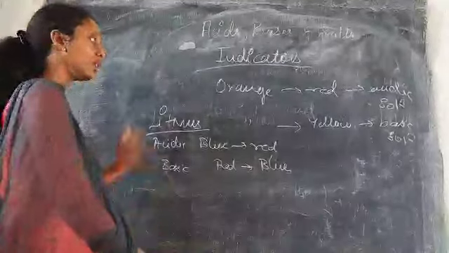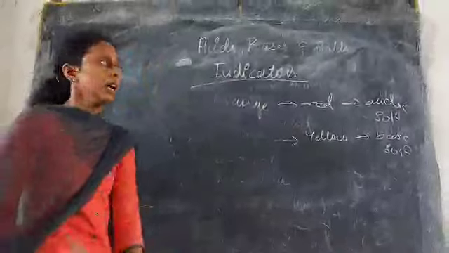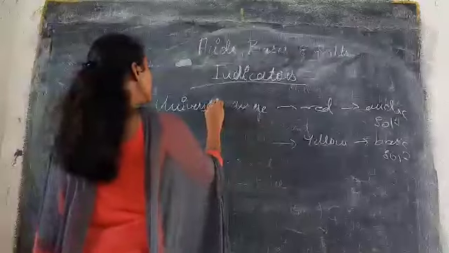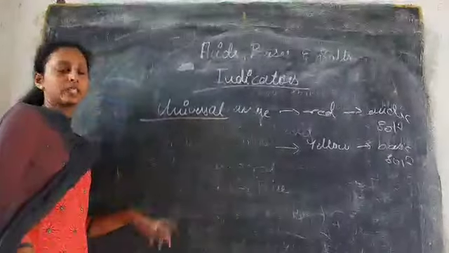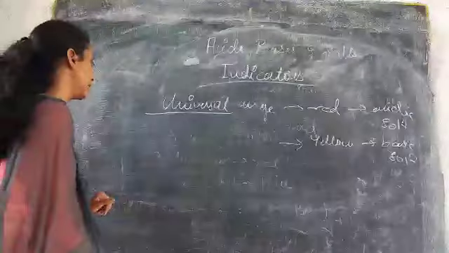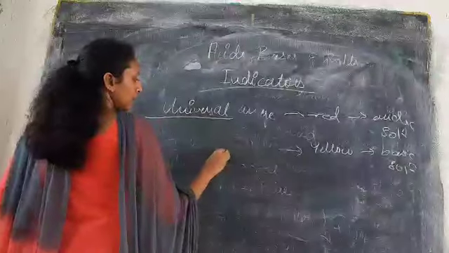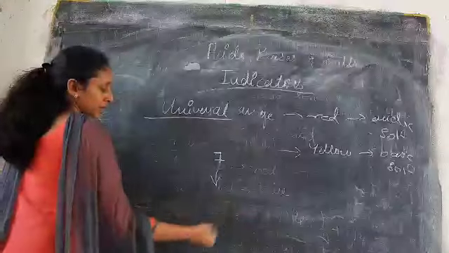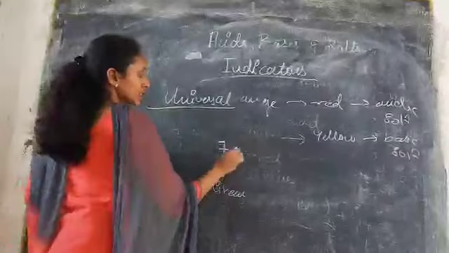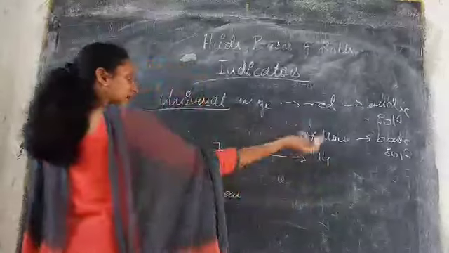So next is the universal indicator. Litmus, I already told, can be in the form of a paper. The universal indicator is made up of organic dyes, all complex compounds together forming the universal indicator. So what the universal indicator says is, if the pH is 7, then the solution is green in color. Then from 8 to 14, more than 8,